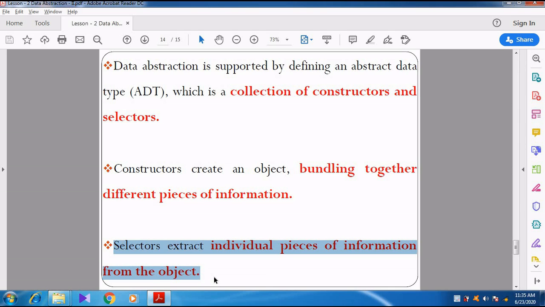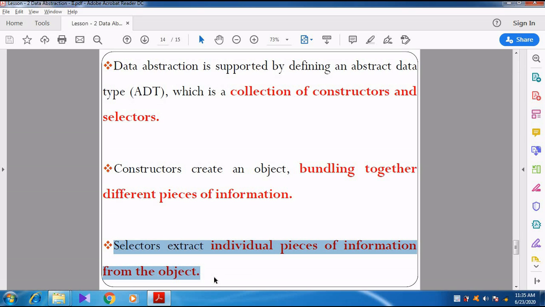So constructor is going to store all the different pieces of information in one particular object called city. Make city is the constructor. That particular function contains three parameters called city name, latitude and longitude. All these three pieces of information are stored in one place called the city object. This is called the constructor, make city.